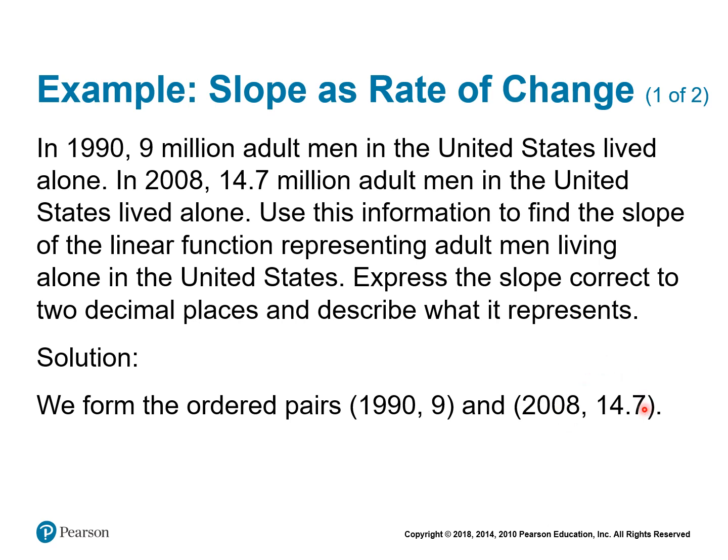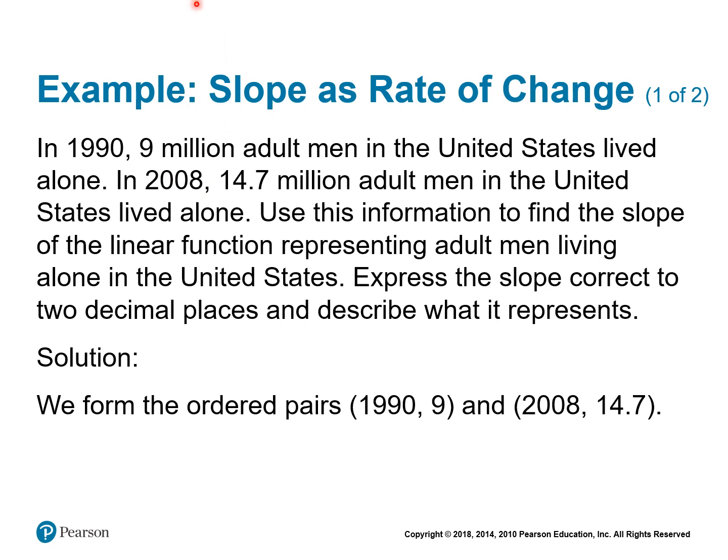So the first step is to put together two ordered pairs from the information given in any word problem. And this says use this information to find the slope of the linear function. Now that we have two ordered pairs, and that's all we need to find the slope of any line,